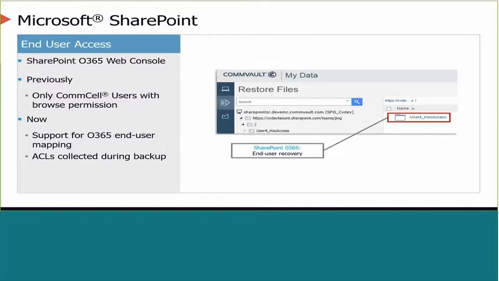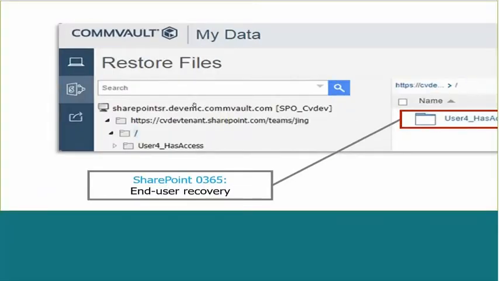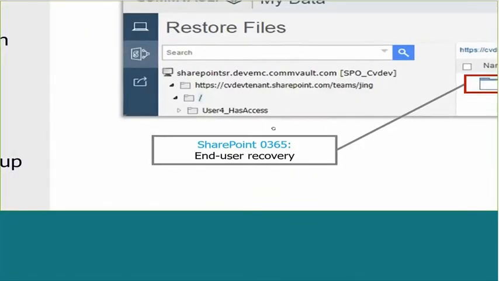And you can also enable the collection of ACLs, or the access control lists, on the subclient itself. And when you do that, if you enable that option for the first time, you need to run a full backup. So it's during the full backup when the ACLs are going to be collected. After that point in time, the end user could log in to the web console and do the self-service. And when they search for files, they're only going to see the items that they had permission to based on